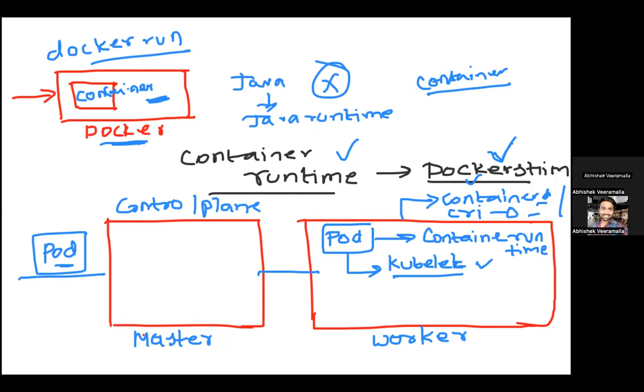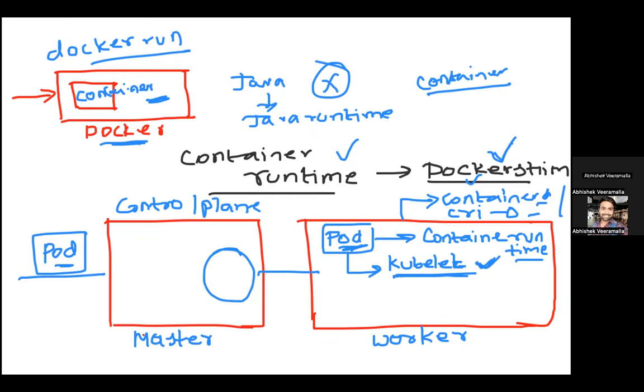So what are the two different components that we learned? We have kubelet in Kubernetes, and we have container runtime in Kubernetes. Kubelet is basically responsible for ensuring that the pod is always running. If the pod is not running, then Kubernetes will be informed. There is a component in Kubernetes, I'll keep that component as suspense, but kubelet will inform this specific component that something has gone wrong with the pod, so let us restart it or do something with it. That is the responsibility of kubelet. And container runtime you already understood.